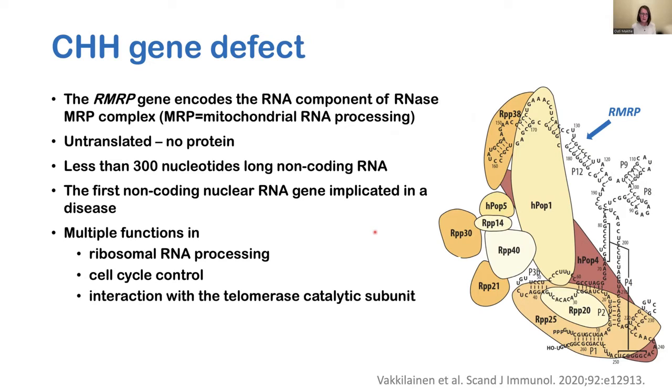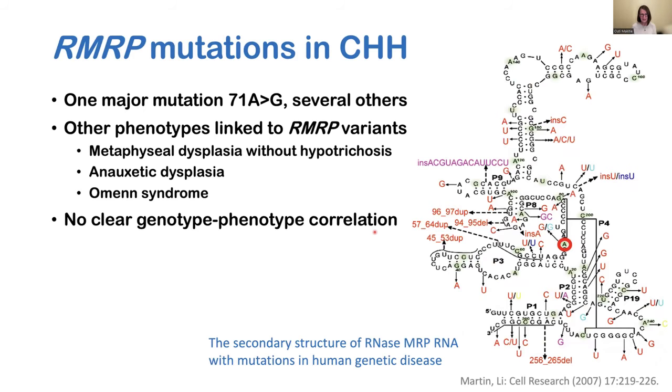The function is not completely understood even today, but it seems to have multiple functions, for example, in ribosomal RNA processing, in cell cycle control, and interaction with the telomerase catalytic subunit. There is one major mutation. This is the main mutation. I've marked it here, in the Finnish population, but also in the Amish population,